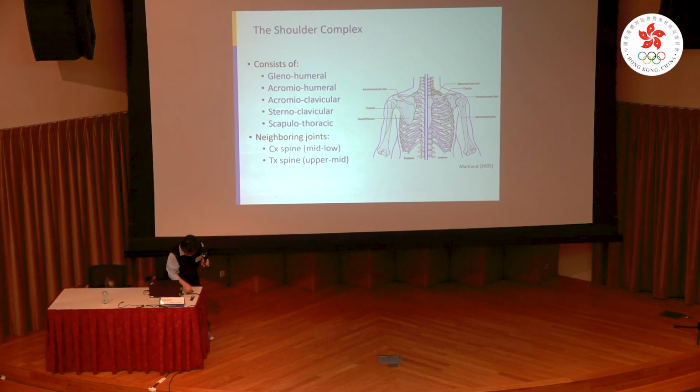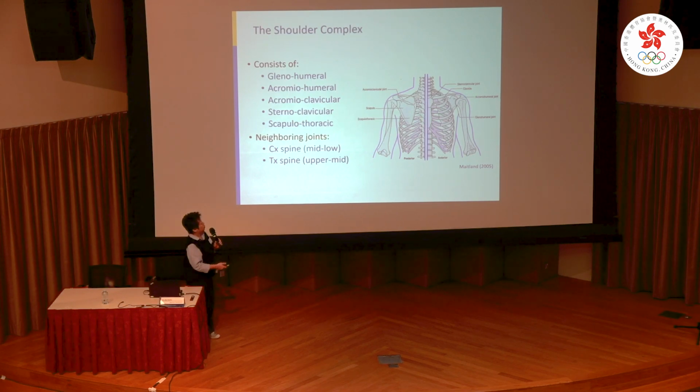Is this there? Yeah, the acromiohumeral joint in the front, and then you've got the acromioclavicular joint, which is on the other side, in here, and then you've got the sternum, and then you have the scapulothoracic joint. It's not exactly a joint, but it's just directly laying across. So all these joints, if you have dysfunction in any one of those, it can cause problems to the actual